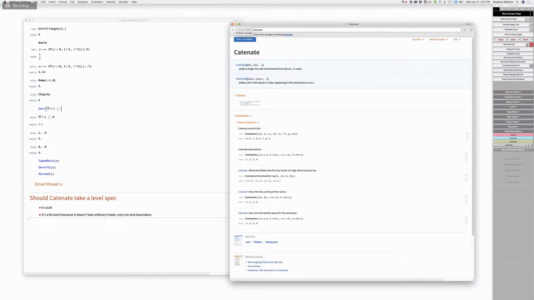Okay, Catnate, the life and times. Ethan on our live stream says Catnate doesn't work on sparse array objects. It certainly should. Okay. Well, yes. I mean,